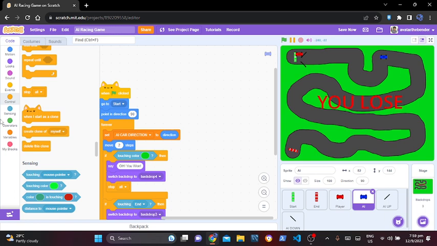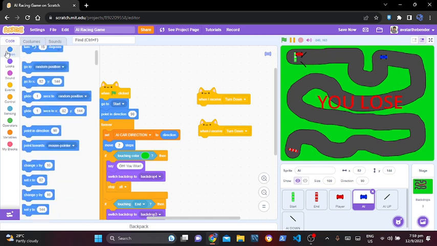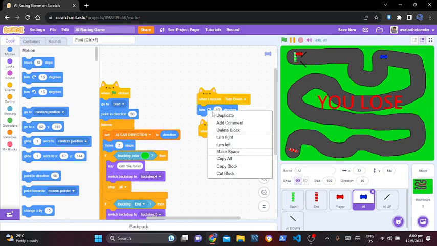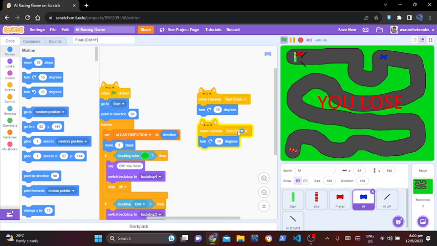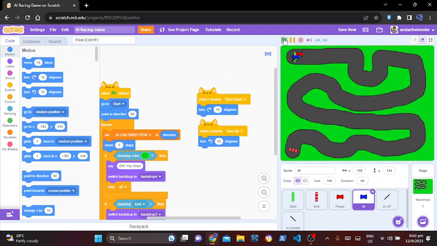Now you might be thinking, so how will our AI turn? So all we need to do is when I receive the two stuff, then just turn in that direction. So if I receive turn down, let's turn down 10 degrees. And if I receive turn up, then turn up 10 degrees. It's not much of a difference. Oh, turn left 10 degrees. And if I run this,